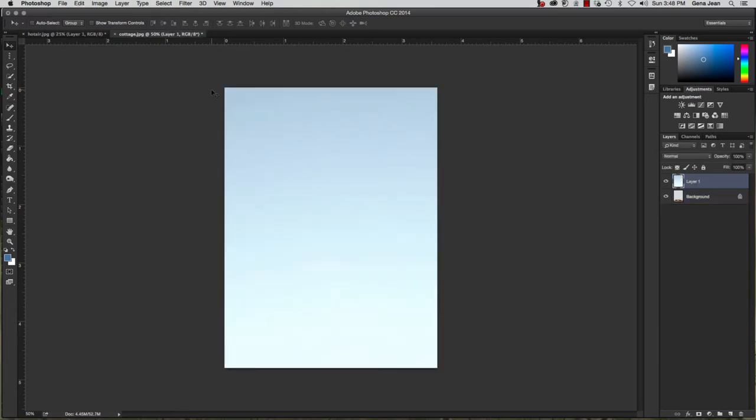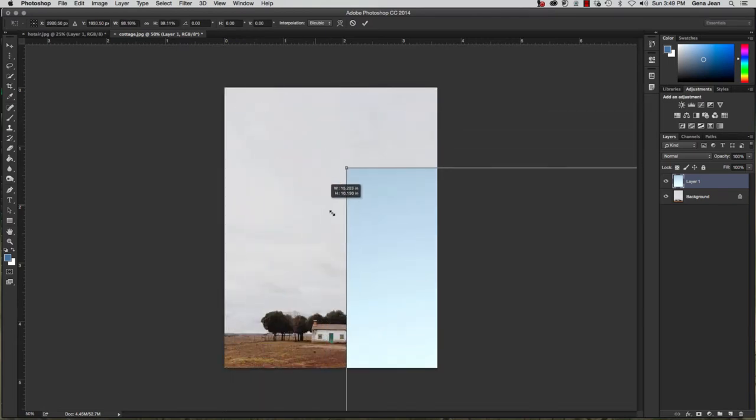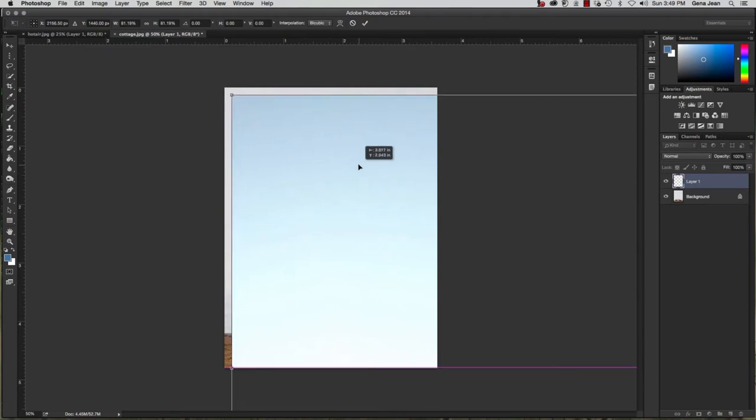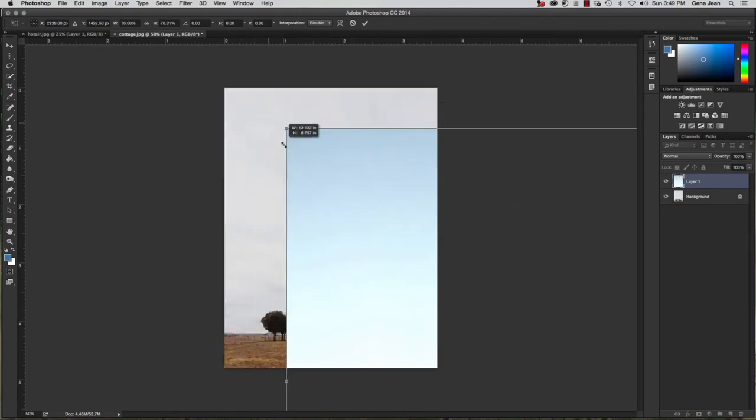And you can't really see the image. This is because these two images are two different sizes. Command or Control T will transform that topmost image. Hold down your Shift key and then you see the double arrow in the upper left corner and just start bringing your image down. When it gets to about here, I'm going to let up and I'm going to move my image over. Hold down my Shift key, click and drag,